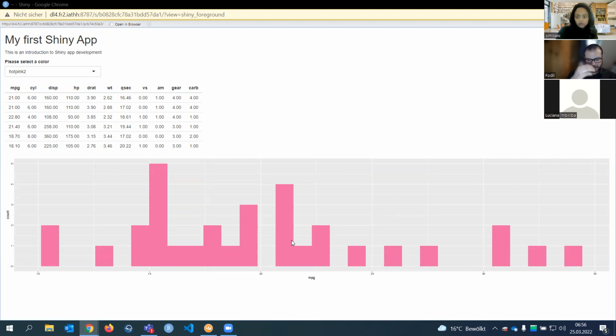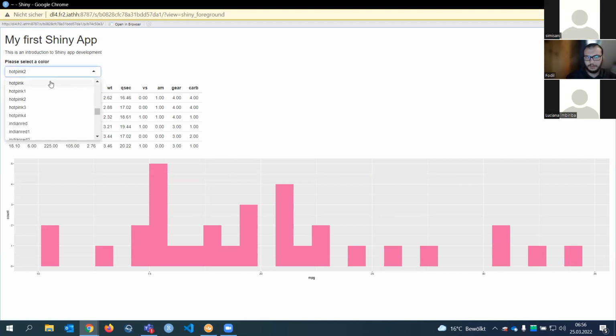You will just have some selections that you can choose from, but you will not be able to type. If I try to type something, I cannot, because we want to limit the ability of the user to type something, since if the user types something, she or he might get an error. So we provide a drop down so that the user can only select, and we are sure that she or he will never get an error. This is the main utility of a drop down. And it's easier, maybe faster too, because she doesn't have to type, she can just choose something. It's more convenient.